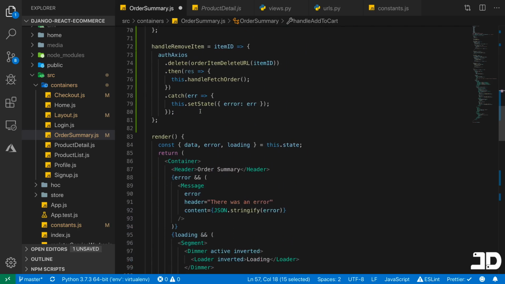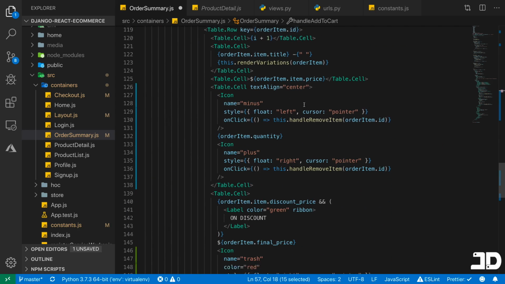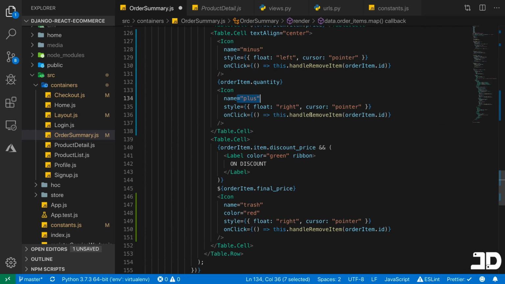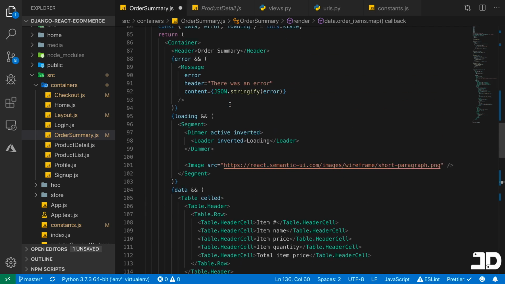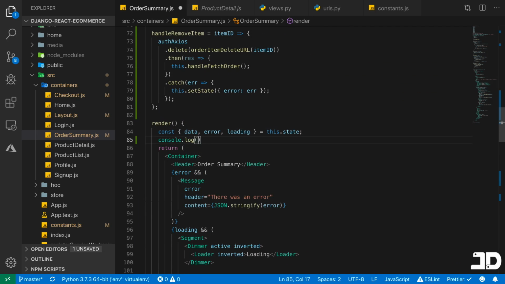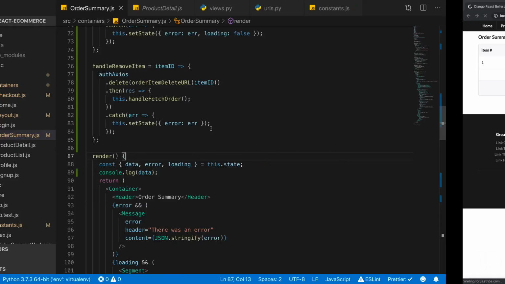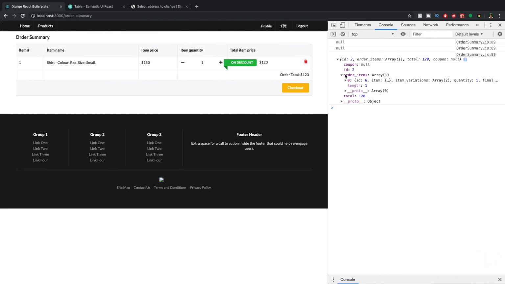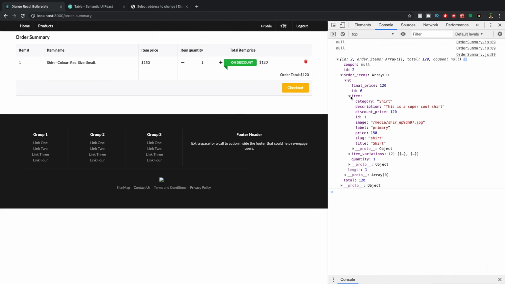Then handle add to cart URL is going to be brought over here to the plus icon. So handle add to cart. And what we can actually do is just come over here, say console.log data, come back. Here we have order items, and inside each order item, we have the item object, and that's the actual object